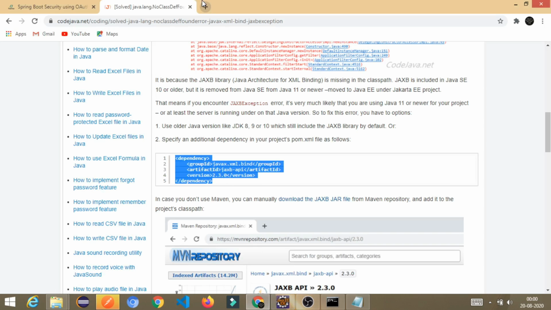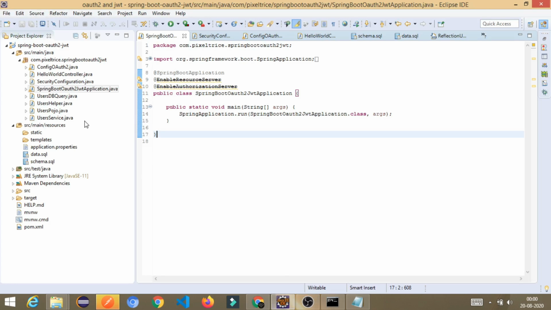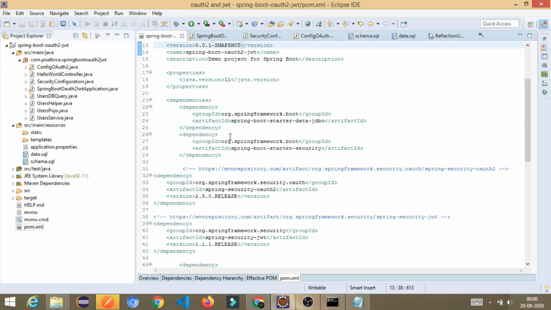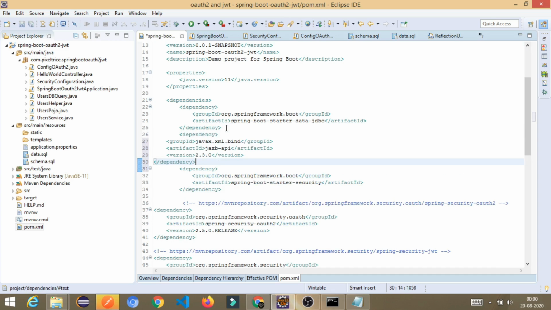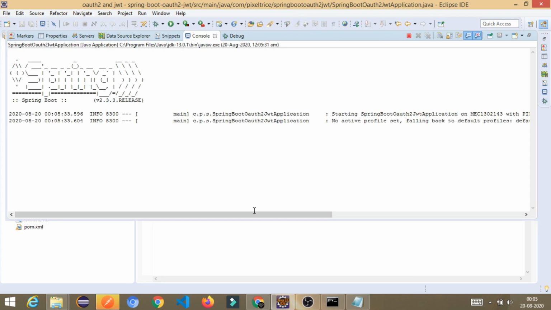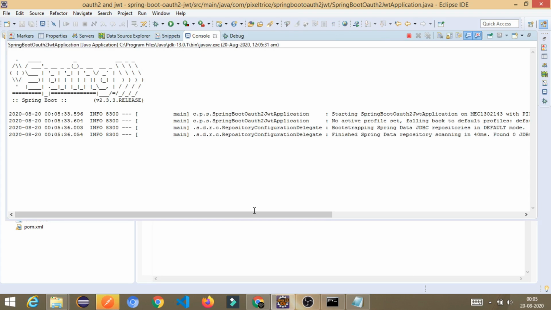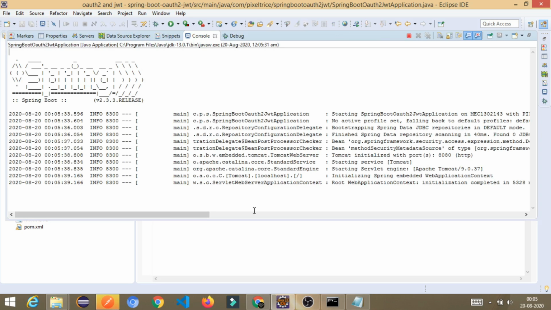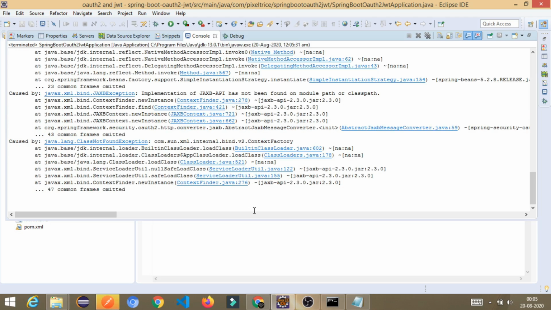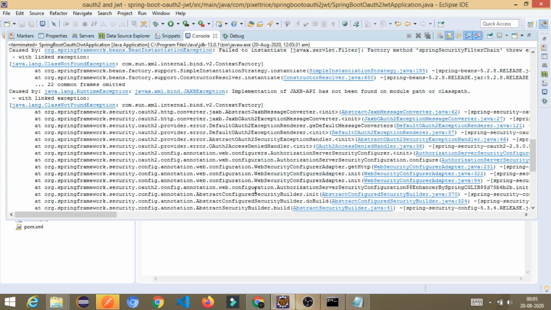If you search on the internet, you will easily get this dependency. Go to the pom.xml file, go into the dependencies section and paste it there. So let's see whether it will work or not. Just go here, right click, Run As Java Application. Oh my god, we are still getting an exception.